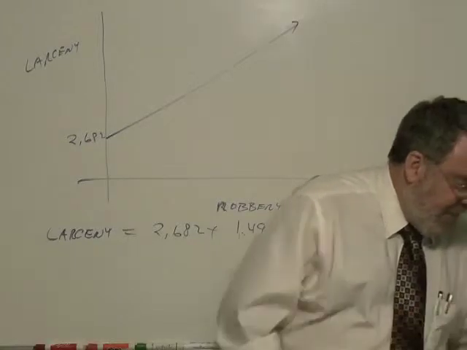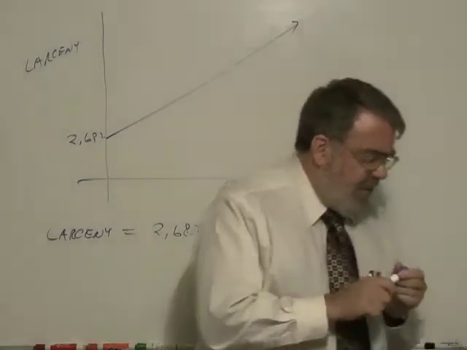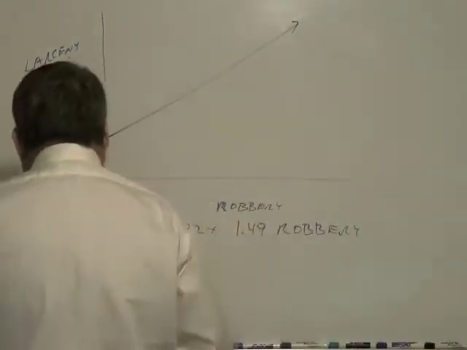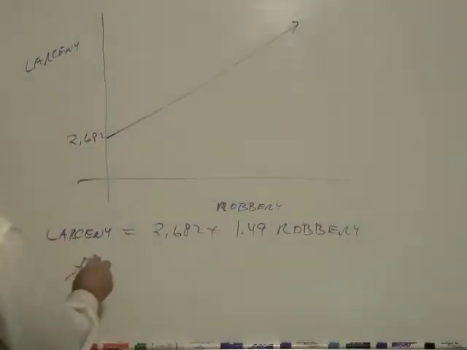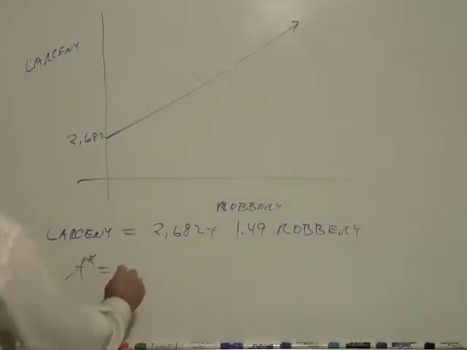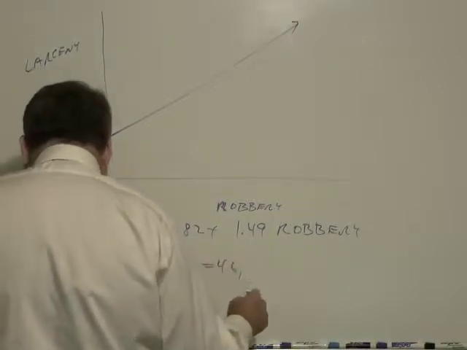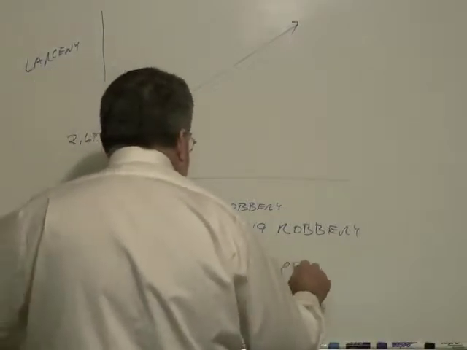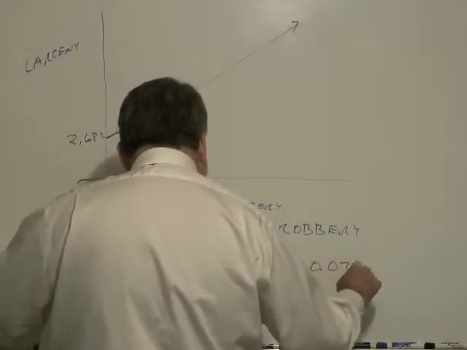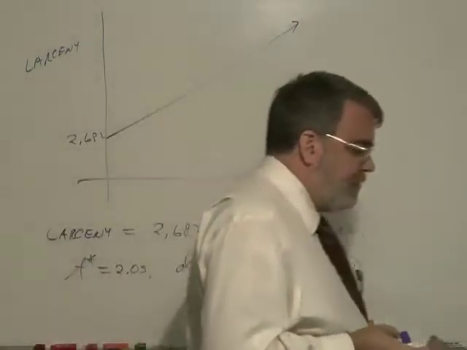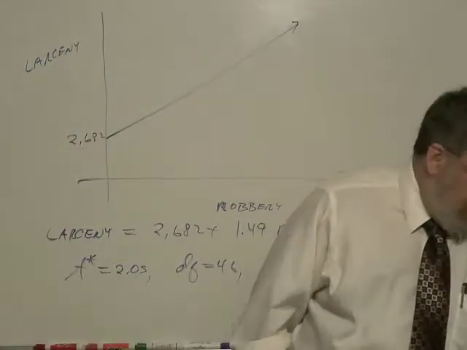But anyway, there's the regression line, and they have some other information here. They gave us the t-score. The calculated t-score was 2.05, and there are 46 degrees of freedom, and the p-value is 0.023. All right, so what does all that mean? Well,